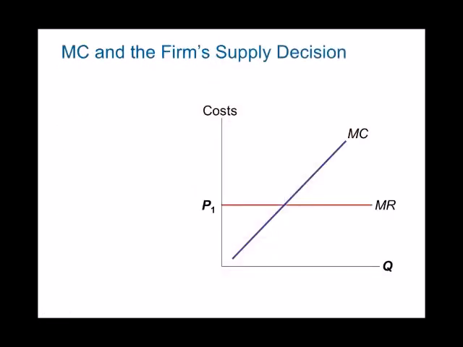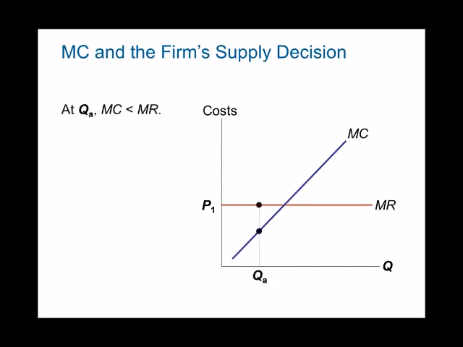Since the firm cannot change price, marginal revenue equals price is a horizontal line, because it's a perfectly competitive firm. If I want to sell at a lower price, why should I? Because all my competitors are selling at that price, P1. Any price I charge less than P1, I would be making less money. So I can't charge anything less than P1. If I charge anything more than P1, then all my buyers will go to my competitors, so they won't want to do business with me.